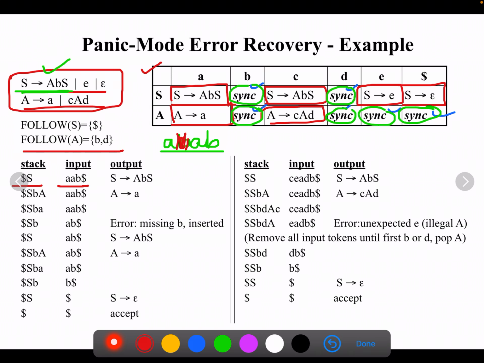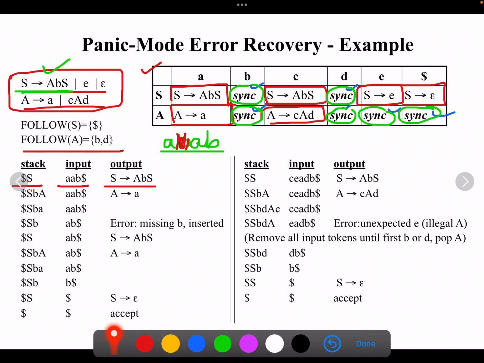As per the procedure, we already know the steps. S on A, you have a production, pop S, push AB onto the stack. That's what we have done here. Next, A on A there is a production, so remove A and push A onto the stack.